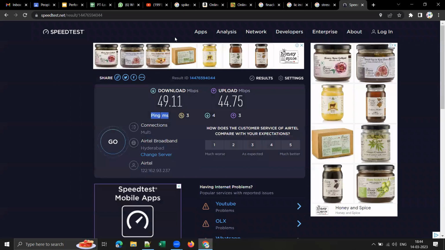Maybe you are using the internet connection in your PG, and it's not that good, because many people will be sharing it, watching movies, listening to songs. What is the value that you are seeing for ping time?